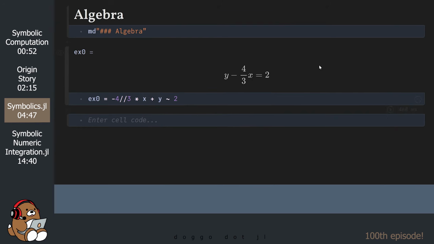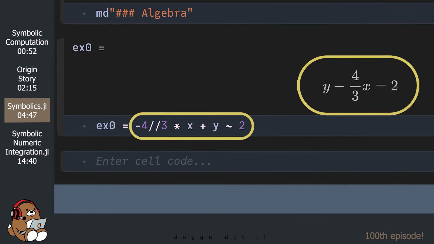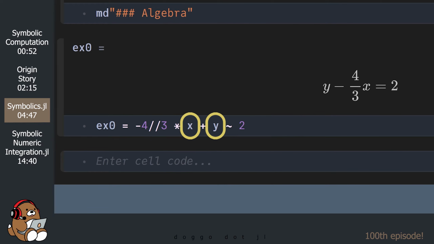In any event, note that the sequence of the displayed symbolic expression may not be the same as the expression that you typed in. In this case, I typed in x before y, but in the display, y is before x. This is your first clue that the symbolic expression is not the same as ordinary LaTeX. With ordinary LaTeX, you can't perform any calculations with it. It's literally just typesetting. But a symbolic expression is Julia code that just happens to look like LaTeX.